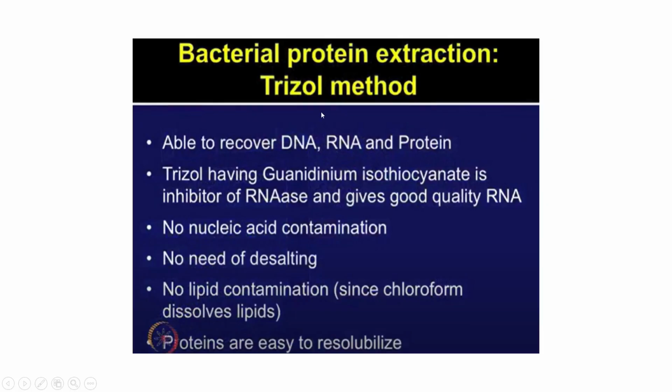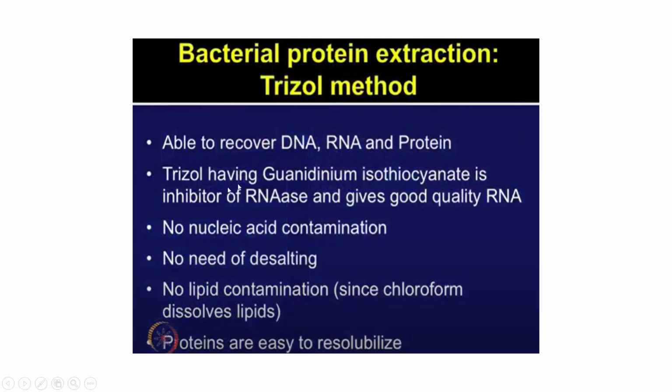So what happens in the Trizol method? Basically you are extracting protein, and when you use this method, it is able to recover DNA, RNA, and protein. It happens in different sections: the upper layer has RNA, the middle layer has protein, etc. Trizol is generally used for RNA extraction as well, but here, as you are dealing with protein, you are using Trizol for